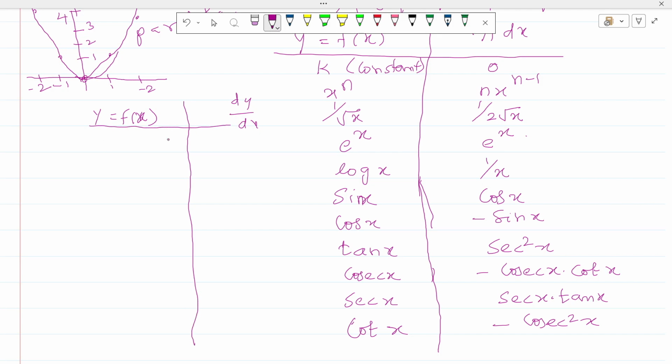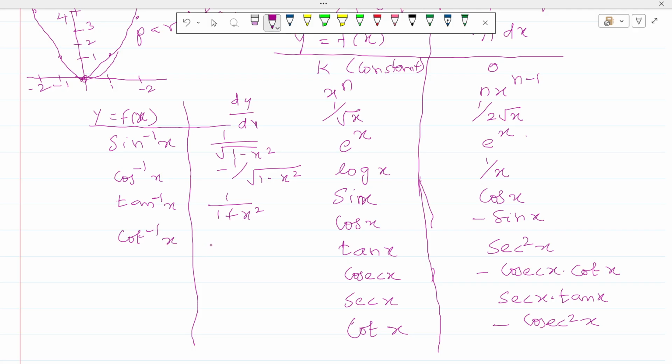In case y equal to f of x is an inverse function, sine inverse of x gives 1 by root of 1 minus x square, cos inverse of x gives minus 1 by root of 1 minus x square, tan inverse of x gives 1 by 1 plus x square, then cot inverse of x gives minus 1 by 1 plus x square,